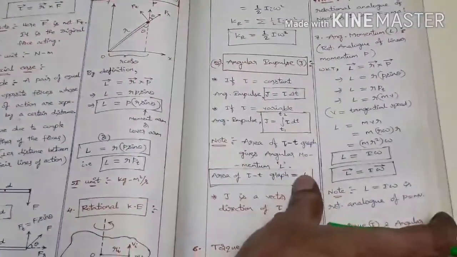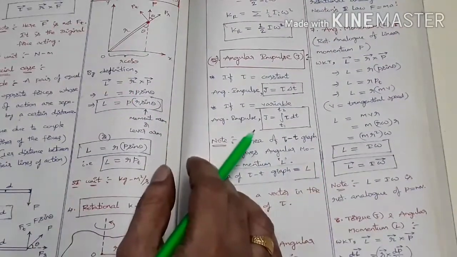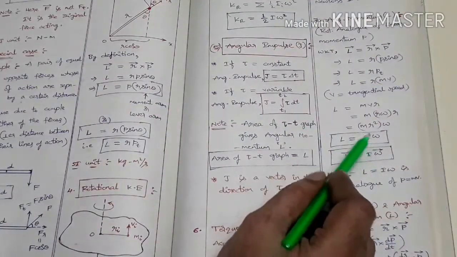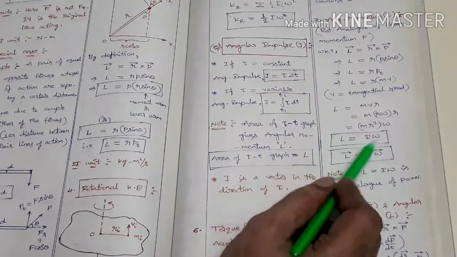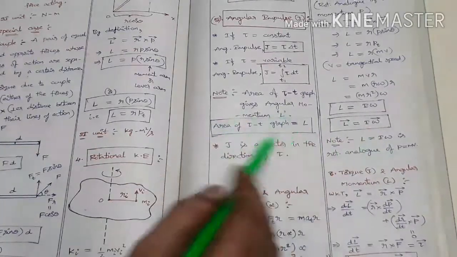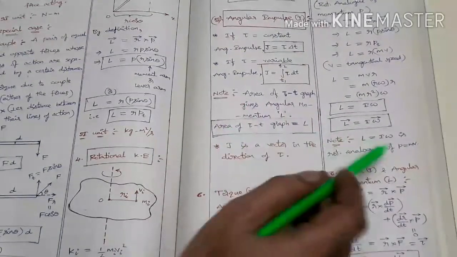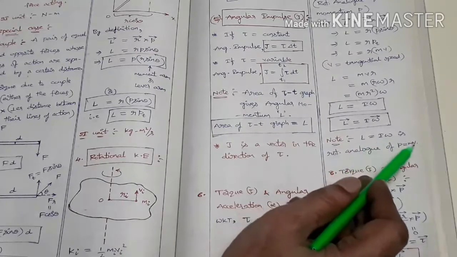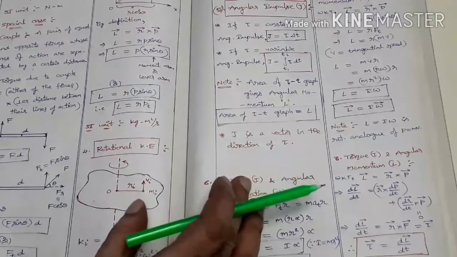Please go through the kinematics of circular motion before going through this chapter. So L equal to m r square omega, but m r square is the moment of inertia I. Therefore L equal to I omega. In vector notation, L bar equal to I omega bar. I is a scalar quantity here. Note that L equal to I omega is the rotational analog of P equal to mv. P is linear momentum, L is angular momentum. Mass corresponds to moment of inertia, and linear velocity corresponds to angular velocity. Okay. Next one.